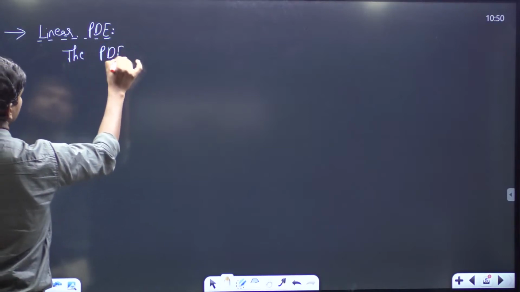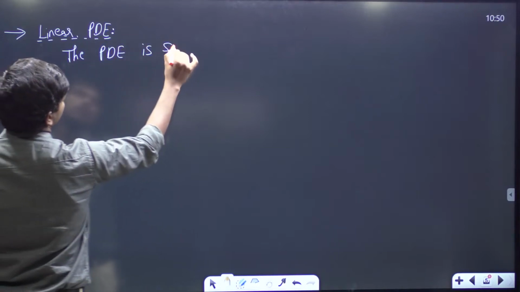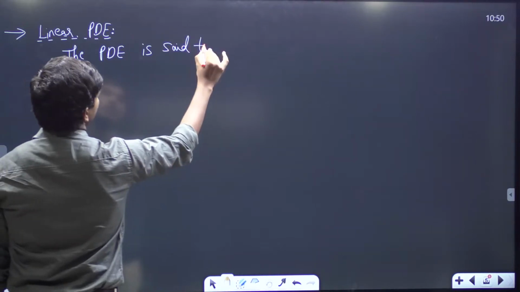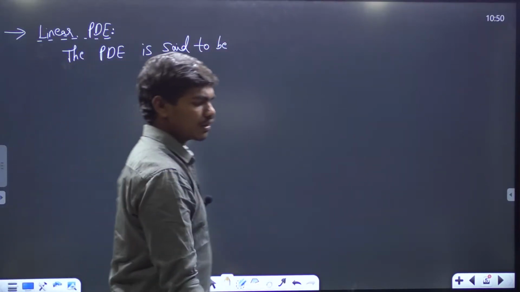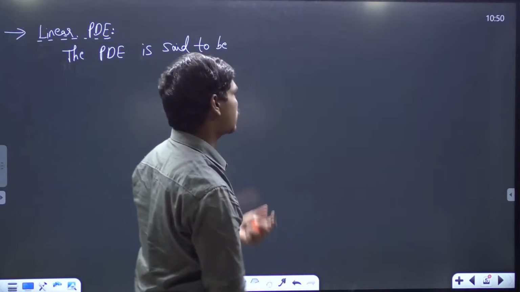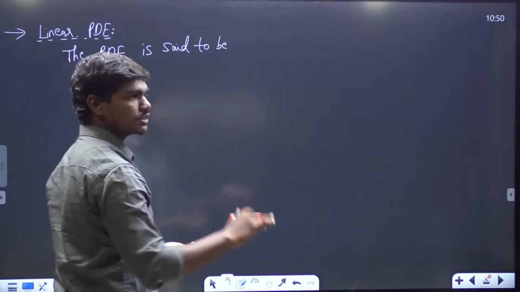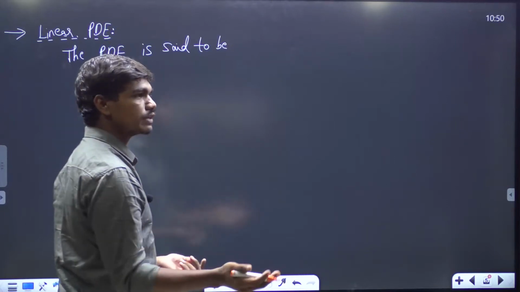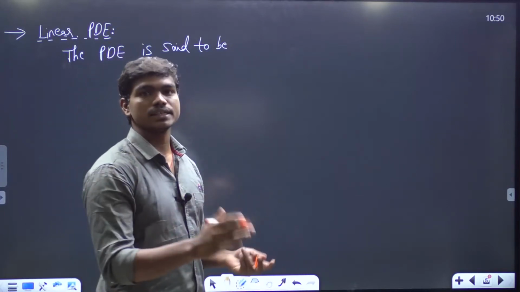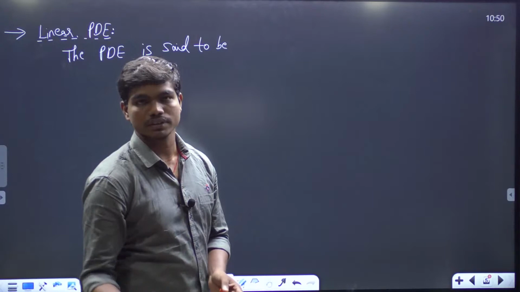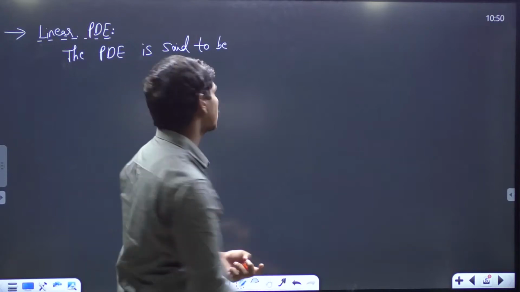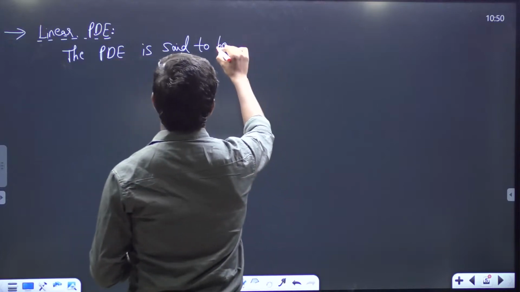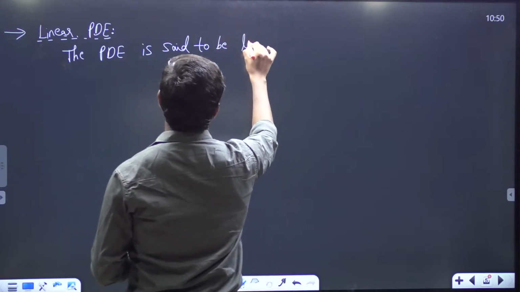The PDE is said to be linear. See, definitions are almost similar for ordinary differential equations and partial differential equations. That's why I told you the definitions like linear differential equation, order and degree of differential equation, all these things, but I didn't mention ordinary or partial there. Correct? So see here, the PDE is said to be linear